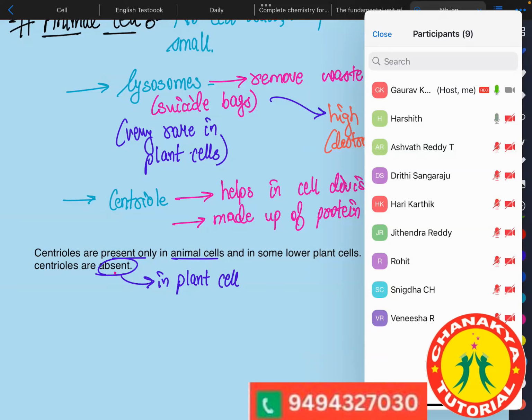I think it is true because, as I have told, the majority of the plant cell is occupied by vacuole, right? Yes, sir. If vacuole occupies the majority of the space, then it is true that vacuole decides the size or the shape of the plant cell. But I don't know about rigidity, because rigidity mainly is hardness, a different kind of structure. But yes, I think size is decided by vacuole.